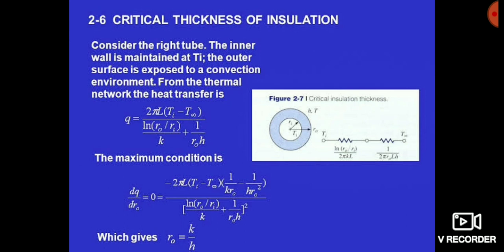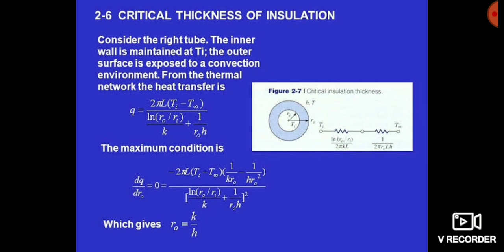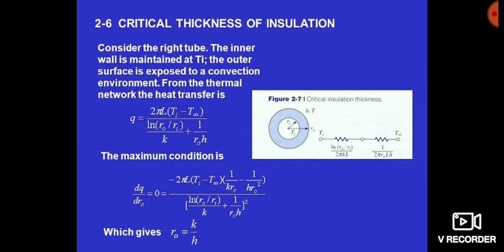And I think all of you have studied in your intermediate that for calculating the maxima and minima we are simply differentiating the equations. And friends, here we are calculating with respect to the r naught value. Means we have to calculate the outer radius r naught, inner radius ri is given, but we have to calculate how much thickness it is providing. Means we have to calculate the r naught value, means outer radius. So we will differentiate it with respect to r naught and we can get the relationship that r naught is equal to k by h.